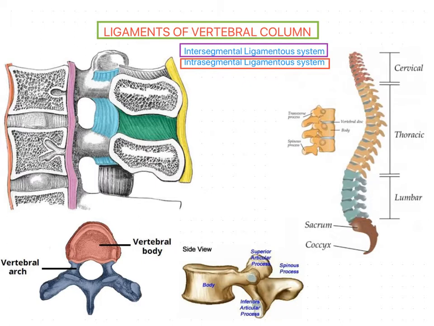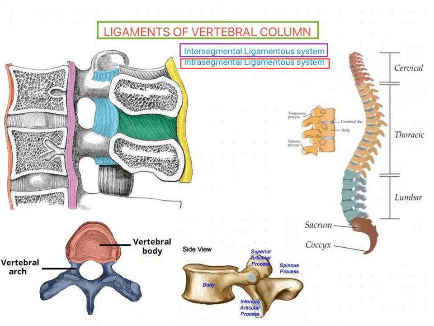And in this session, I want to mention the simplest classification of the muscles associated with the vertebral column, based upon their function also. Now we are going to discuss the ligamentous system associated with the vertebral column. We already know that there are six ligaments associated with the vertebral column, and these six ligaments are called the ligamentous system.